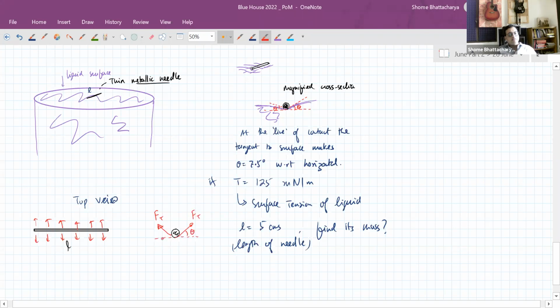So they'll be acting at theta. And of course, the weight of the object will be acting like this. So this is the equilibrium condition. So you can see that Ft is the force due to surface tension on a length L. So it is surface tension into length. Okay. So this is tangential force